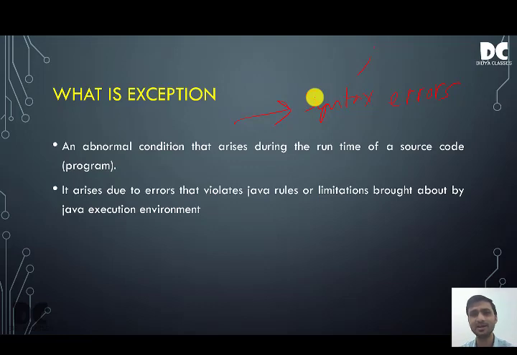So when does that arise? When you run the program, when you compile the program, when you compile the source code. Source code means your Java program. Actually, we studied about source code, bytecode, machine code, everything in chapter 2. You have to revise chapter 2. So when you compile the source code, it will give you a syntax error. Therefore, a syntax error is also known as a compilation error. So when that error arises, that is known as an exception has arisen. Why does it arise? Because there are errors in Java rules, grammatical errors, syntax errors.